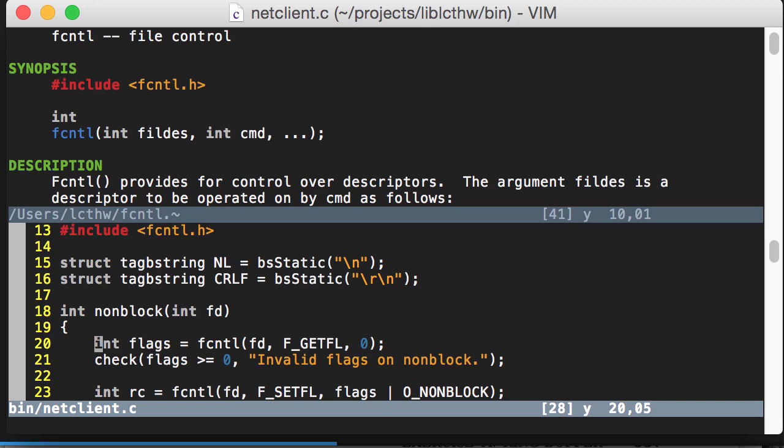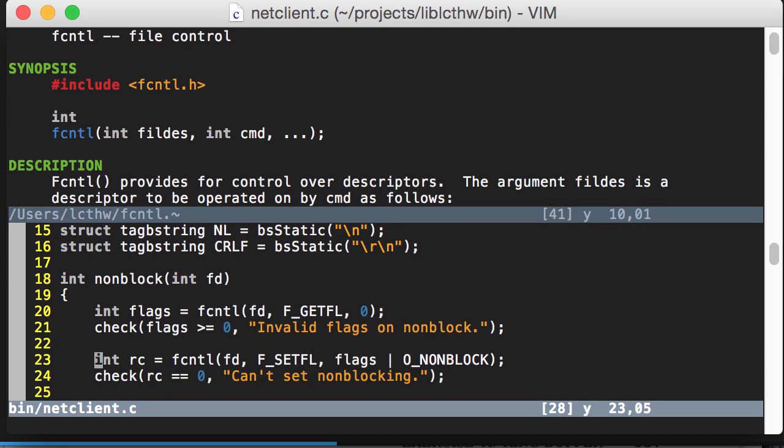What happens is you get the flags back from the socket, then you OR in the one you want, which is non-block. And what a non-blocking socket does is it lets you read, but if there's no data in it, it returns right away. Or it just returns whatever data is there, so you're not blocked by it. And that's what you have to have with a select loop. Okay, so fcntl,